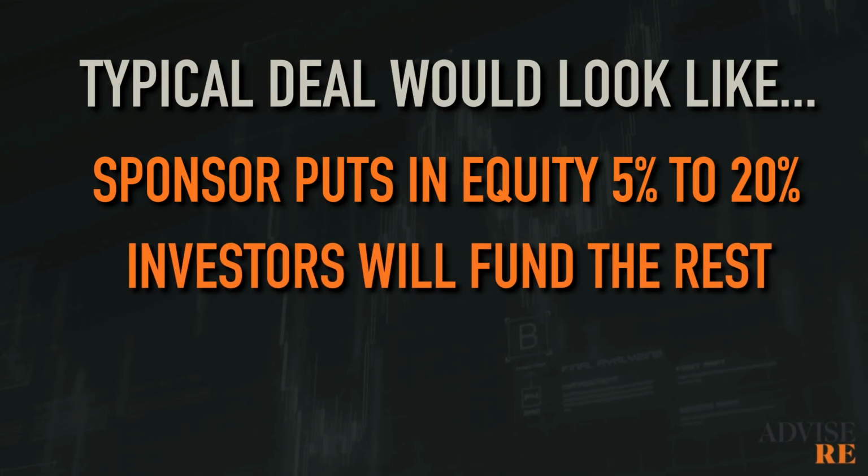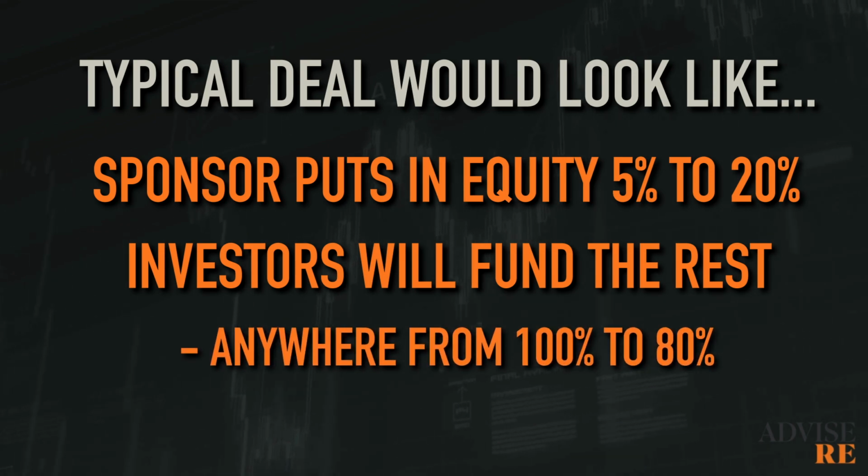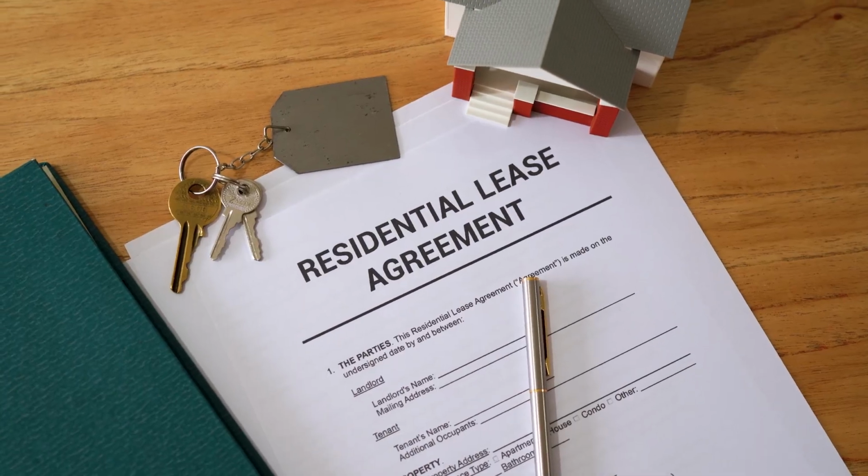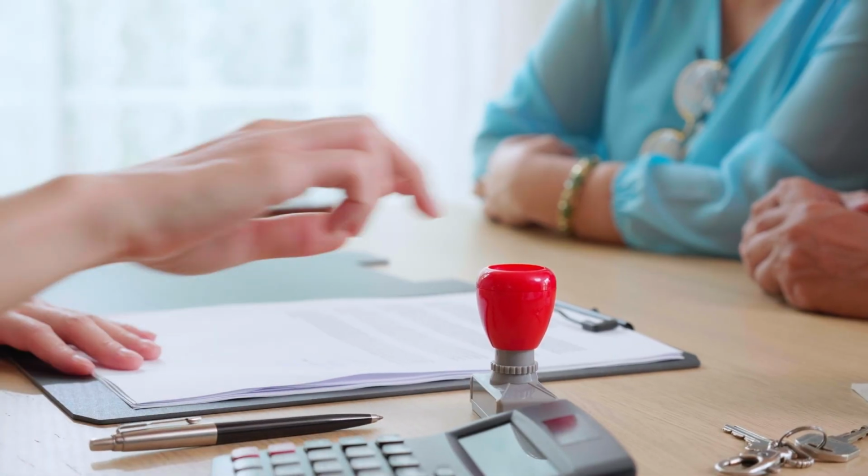The investors are going to put in the rest. They're going to put in anywhere between 100% all the way down to maybe 80% of the equity. After the real estate investment has achieved a certain outcome, for example, the completion of the property, it has CFO, and now it's fully leased and ready for a refinance, the refinance proceeds are going to follow some sort of distribution waterfall. And waterfall is essentially, if you can imagine it, there's this waterfall kind of flowing down, and as the waterfall starts to hit certain points, the money or the water starts to flow in different directions. Think of that water as money. And so when the waterfall hits this point, that might be a trigger for a split.